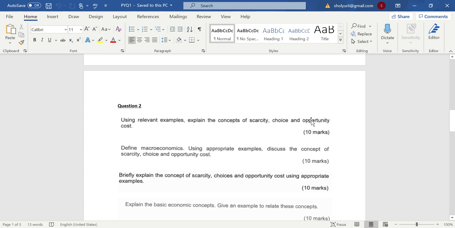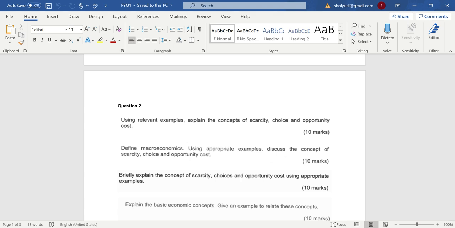We cannot build up a shopping mall because we only have a piece of land. We already utilized the piece of land to build houses for the homeless, so we don't have any left to build up a shopping mall. This shopping mall will become the opportunity cost. So you have several more ways to